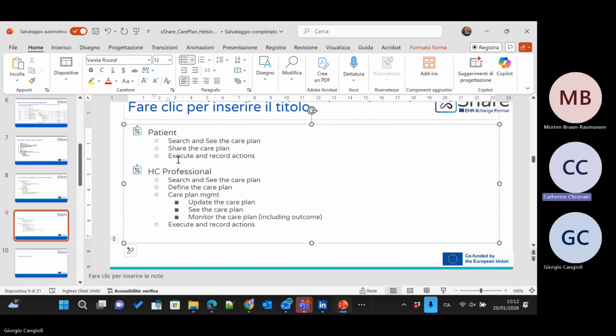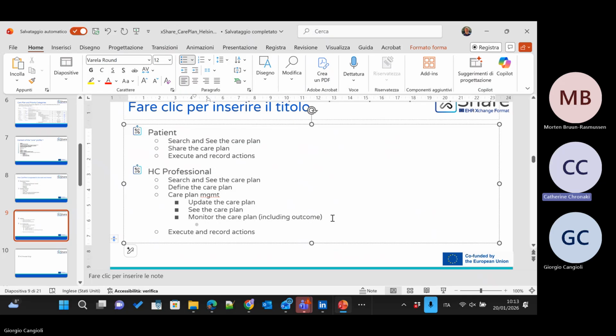How do we support what Morten was saying yesterday about import of relevant data? Is that part of the execution? I mean, monitoring the care plan is part of it, or if we would like to add it as part of the action of monitor. That's an action of the health professional: search data, import data. It's happening automatically, according to Morten.